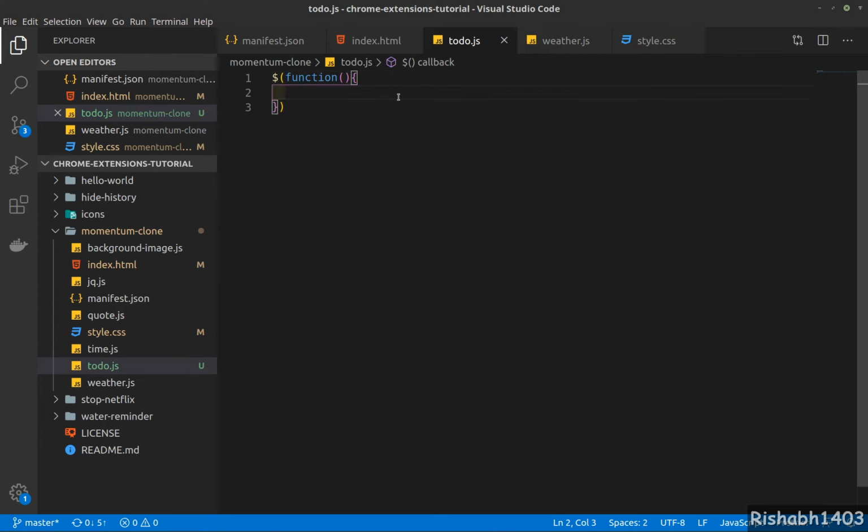Okay, let's declare our array of to-dos. Ideally we would want to get and save to-dos to Chrome storage, but first let's write all the logic with the array, and with our logic perfected, we can then move the array back to the Chrome storage so that it will be saved throughout logins and when you close your browser and so on. So tasks will be an array. Each item will be an object, with the actual task name, and whether it is done, so right now let's say false, and we will copy this.